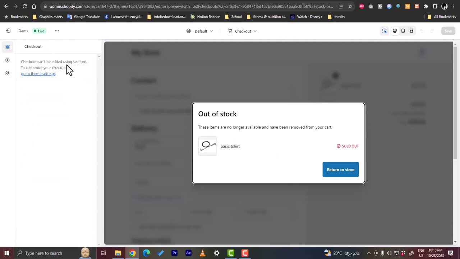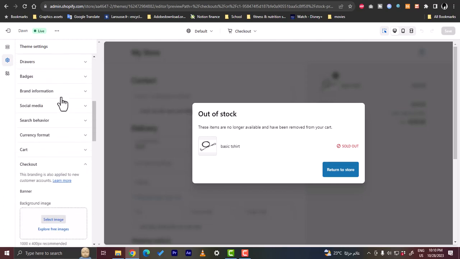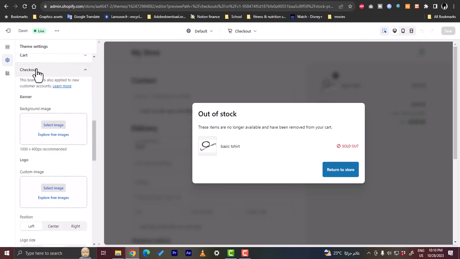And it says that the checkout page cannot be edited using sections. You can go to the theme settings here to customize this page. So go to theme settings, and you can also click on the settings icon here to go to theme settings. So here we can go to checkout, scroll down to find checkout, and you can edit here all the